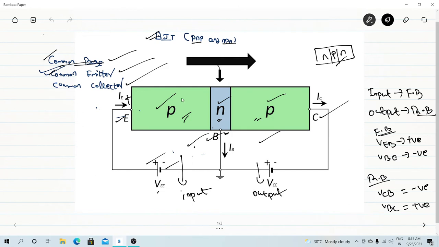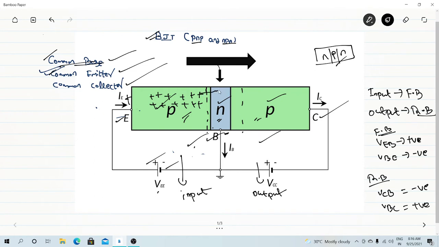So here we know the majority carriers are holes, and this is forward biasing, means the depletion layer will be very thin, and here it is reverse bias, means the depletion layer is thick. So width of the depletion layer will be very high in this case, and in this case width will be very much less. So these holes, my majority charge carrier, can diffuse from p to n side. Because here holes will be minority carrier, so diffusion process will take place.